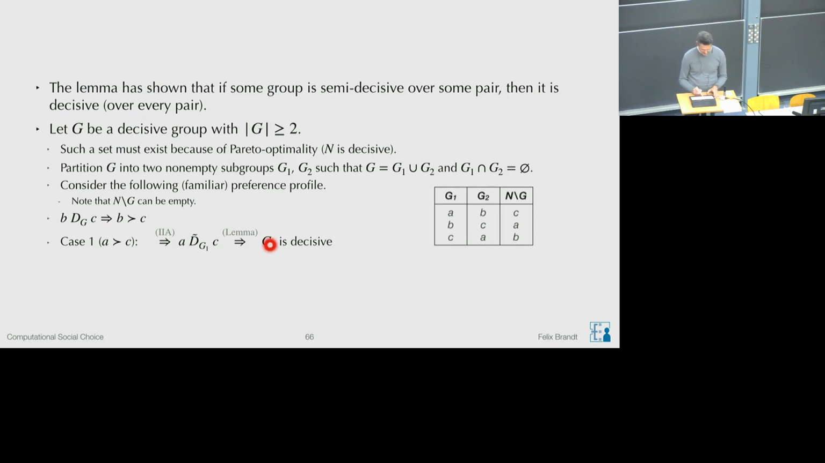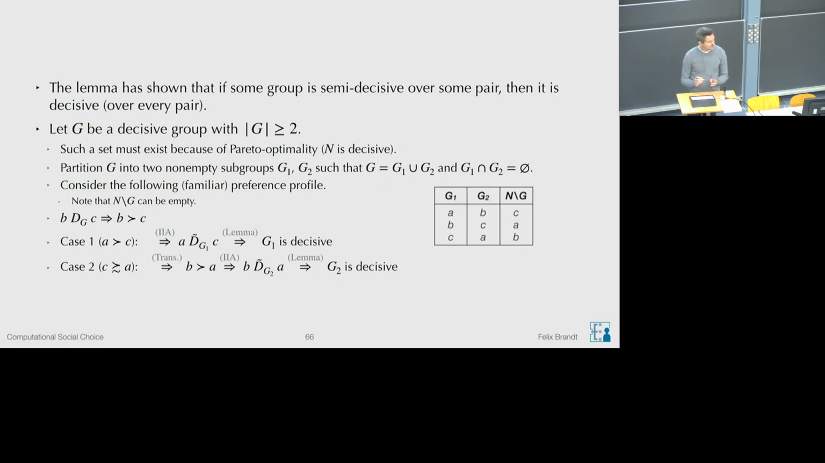Okay, and that means that G1 is decisive. So we assumed that this group G, which consists of these two columns here, if it is decisive, then in the first case, this group is decisive. So we have found a smaller group which is decisive, which is the goal of this proof. We want to find a smaller group which is also decisive. Now the remaining case,